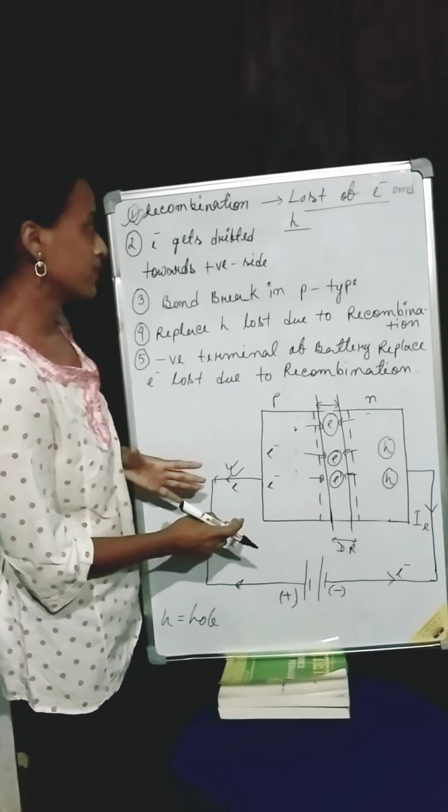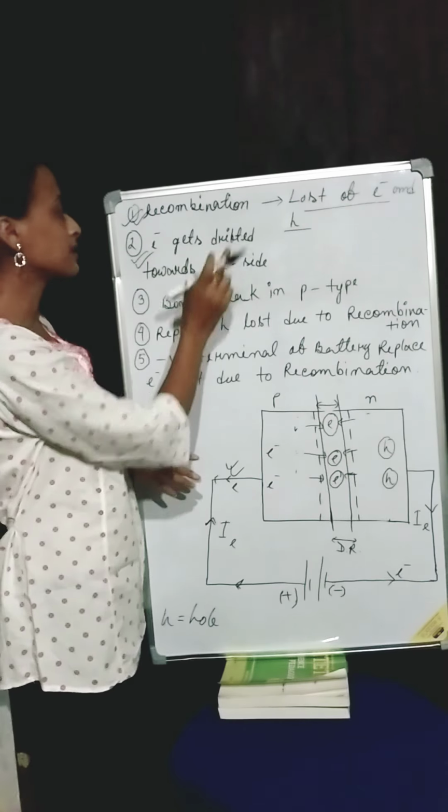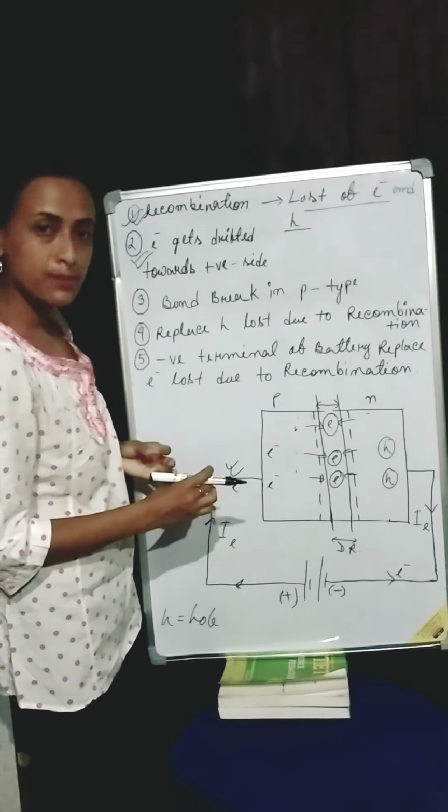In the third step, what happens? I am writing here second step: electrons get drifted towards the positive side of the battery. So the third step will be